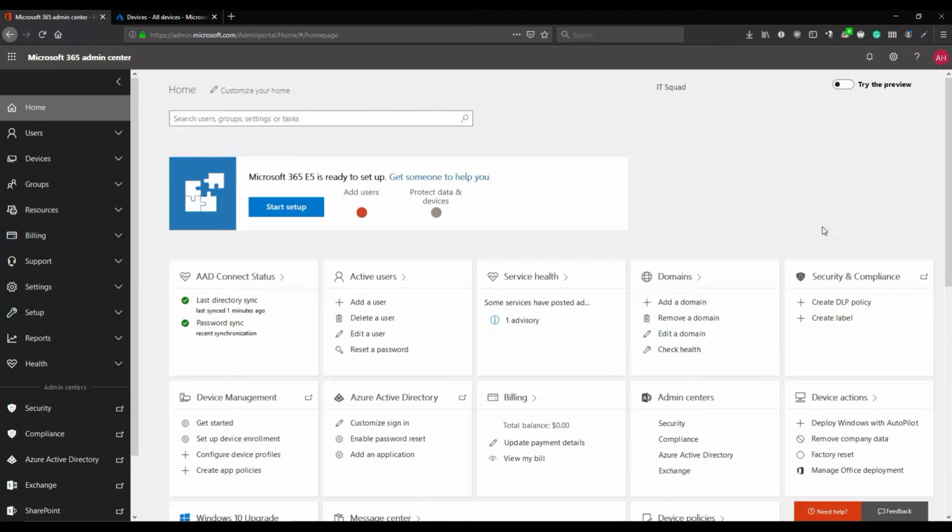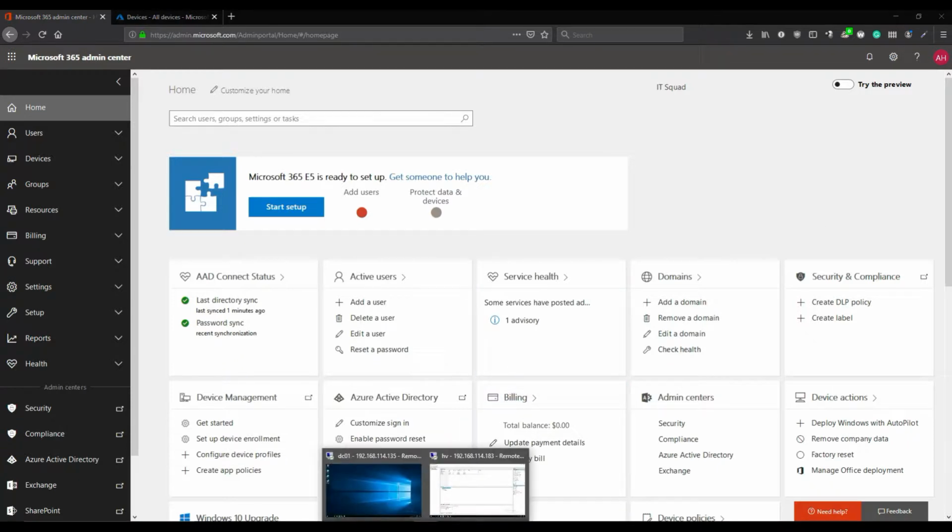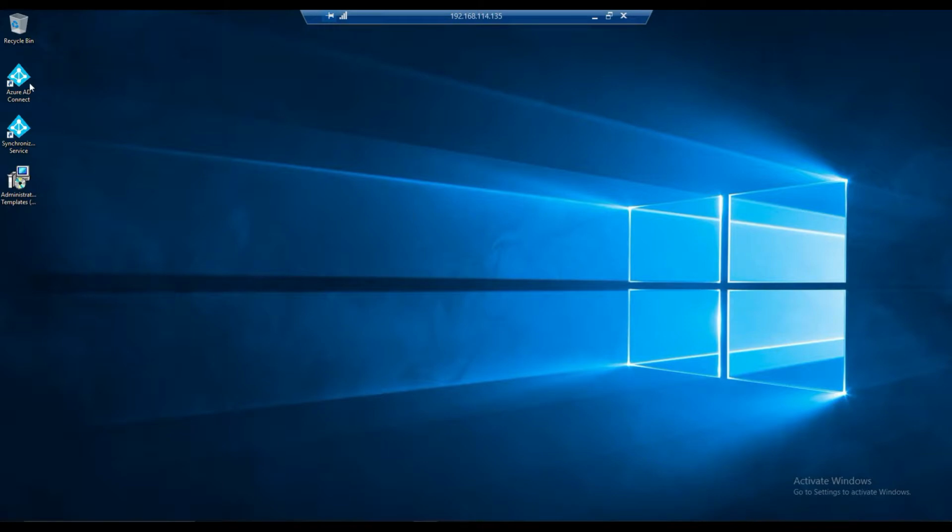So as we checked last time, we have AD Connect. I have my DC01 server where I have my AD Connect installed, and we have seen the users synced from the local AD to Office 365. Now let's look at how to add computers. So I'll open my AD Connect